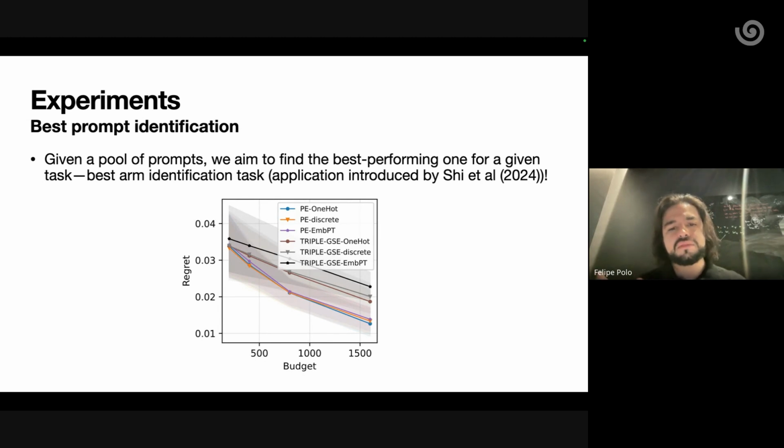And what we show is that using our model and their idea of using bandits to find the best prompt is a good combination. We can basically improve their results by using our model, but we still use their algorithm to find the best prompts. And we show that the regret using our model is lower than using the model they propose in their paper. By regret, I mean the difference between the best performing prompt's performance and the performance of the prompt that we think is